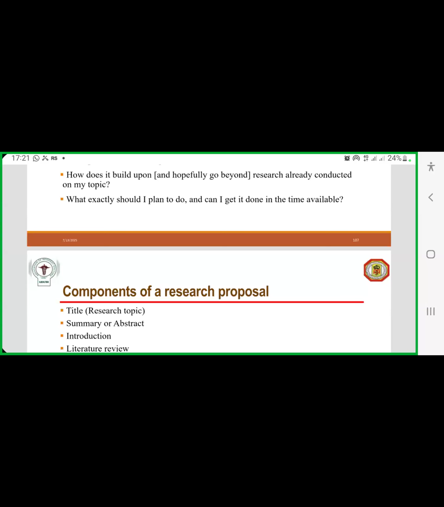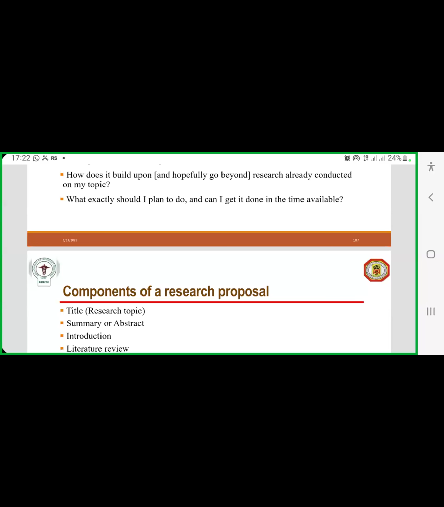What did I want to study? Can I have enough participants for this study that I want to do? Can I have enough literature for my discussion and my literature review? You cannot just bring a study that nobody has done before. Even if you do it, you will suffer. You will suffer more than you think.